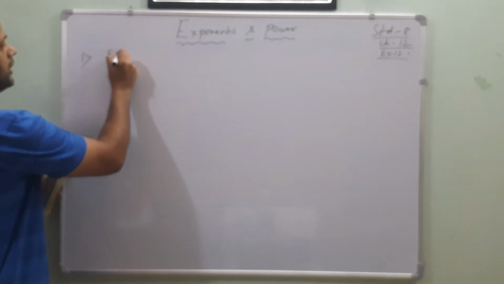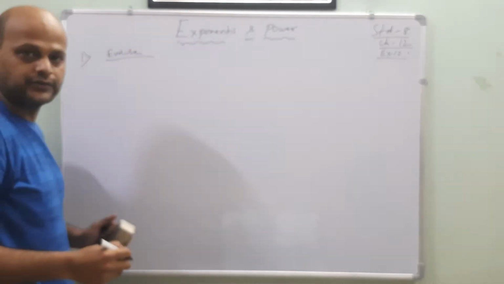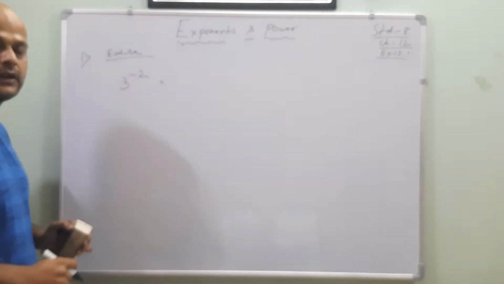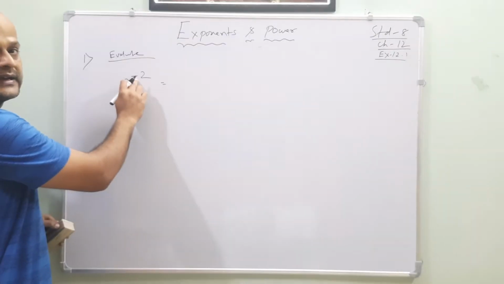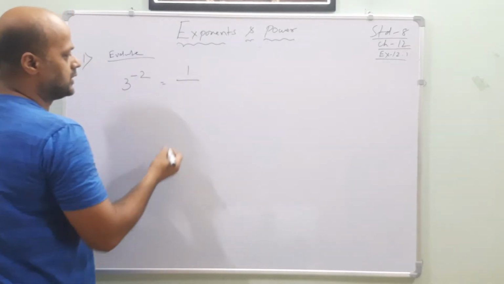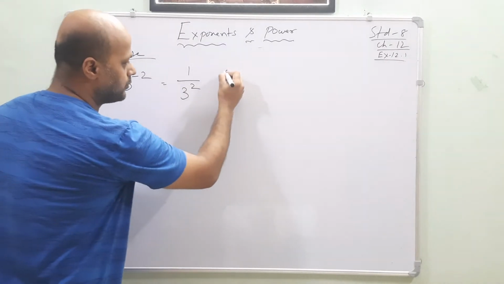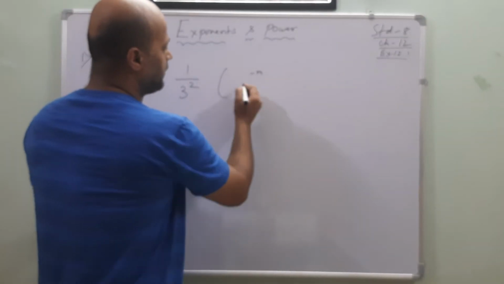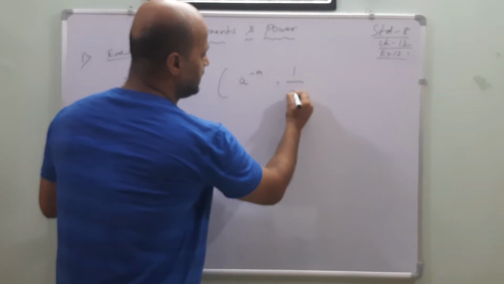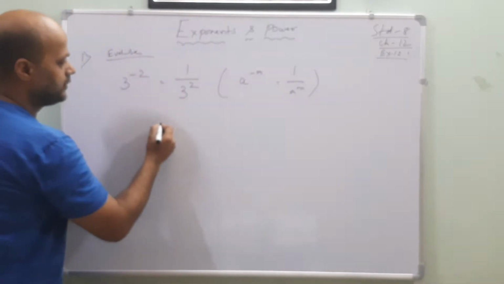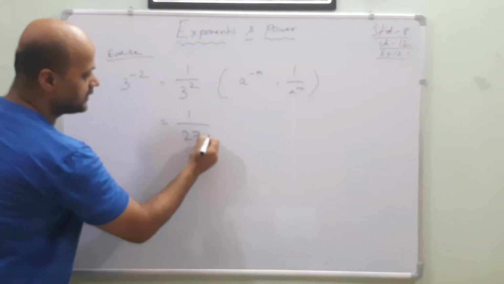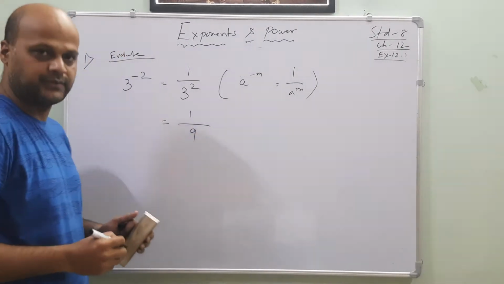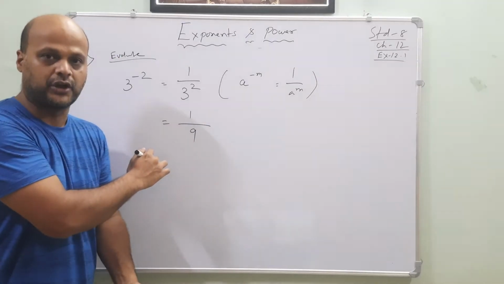It's saying evaluate, which means find the values. The first one is 3 power of minus 2. In the power, minus is there, which means it will be divided with 1, that is 1 by 3 power of 2. The formula is x power of minus n, or you can say a power of minus m is equal to 1 by a power of m. Now solve it. 1 by 27. No, 1 by 9. Okay, I am extremely sorry. Like this manner you have to solve it, my dear friends.